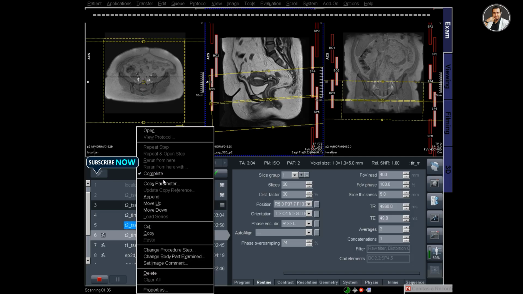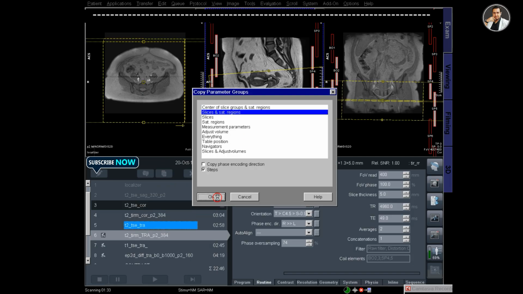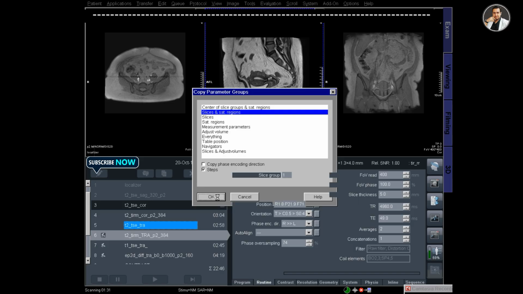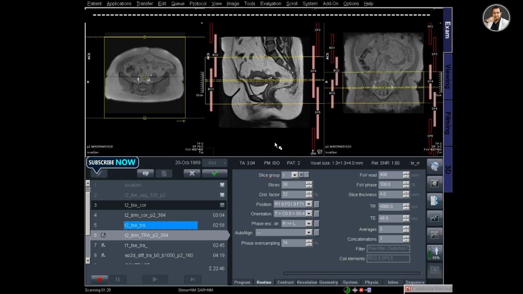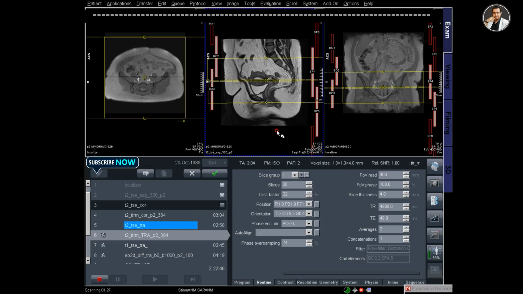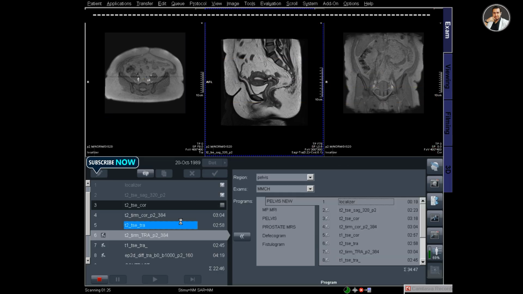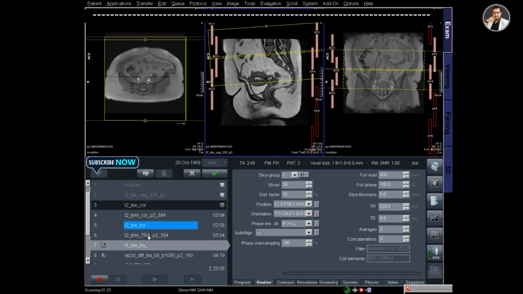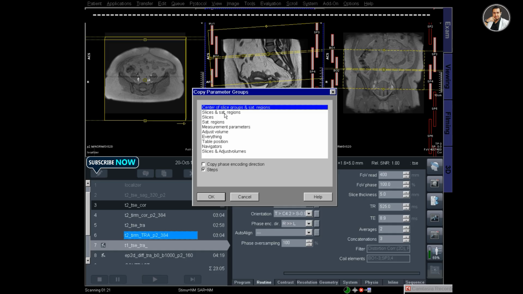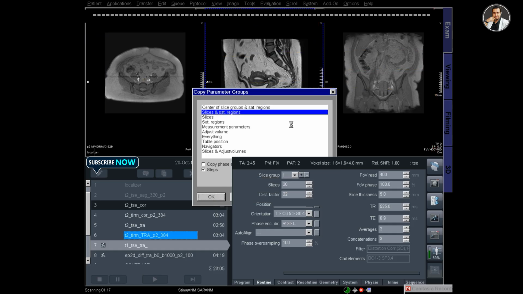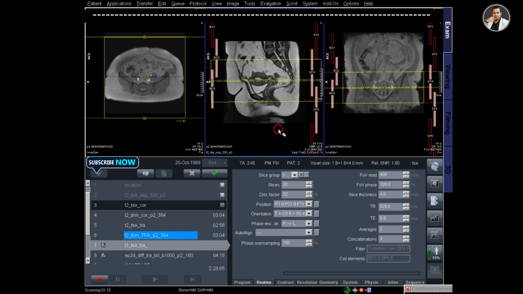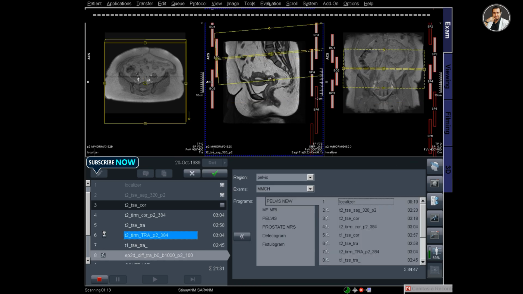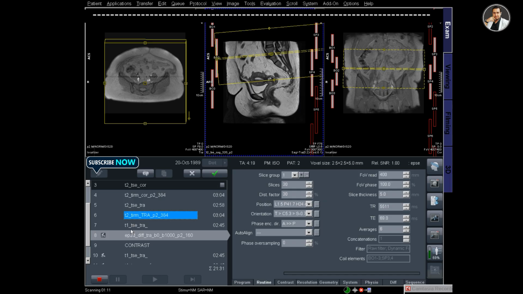And for the rest of the axial protocols, just copy the planning from the T2 TIRM transverse. So right now I am planning the T2 TIRM transverse. So at first I plan the T2 transverse. So now T1 transverse is opening and I copy it from the T2 transverse.